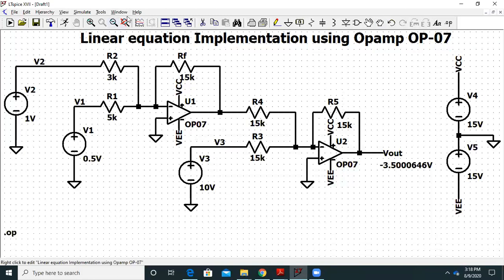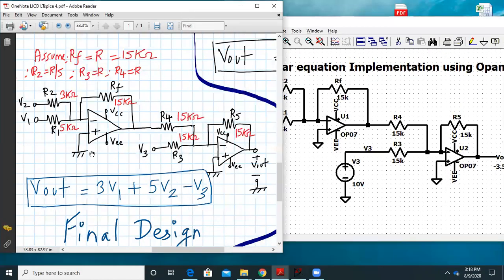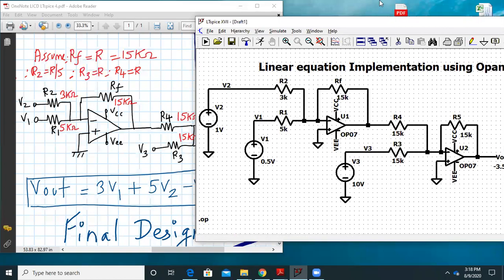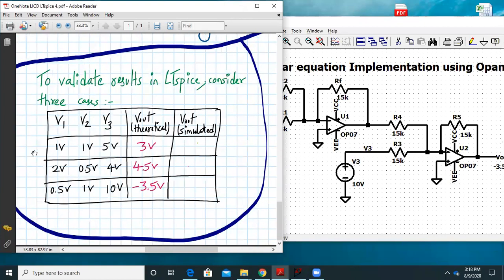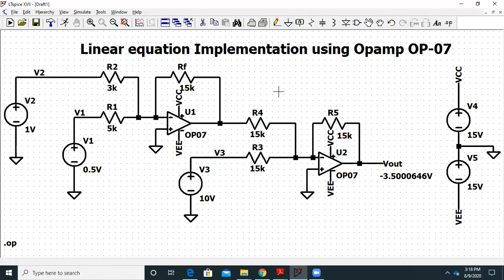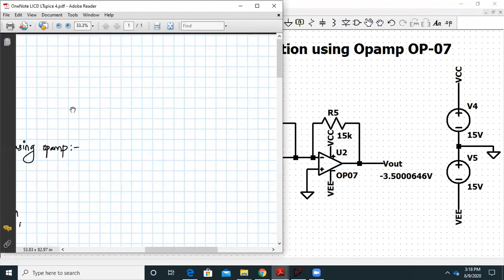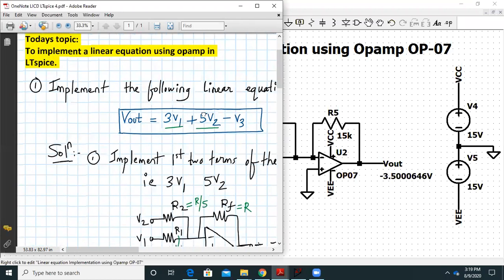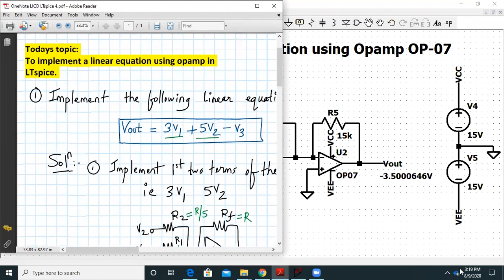That's it. Okay, so this was the circuit which we implemented on paper in OneNote, and we derived its expression with these values, and we put these values exactly as per in the LTspice window, and it's giving quite accurate results, almost the same results up to 3 decimals. So we have checked all three cases. In all three cases, the simulated value was coming absolutely fine. So this was the implementation of a linear equation using op-amp. So that's it for today's topic. Next time we'll start with another topic, another linear application of op-amp we will study. So until then, have a good day and thank you.